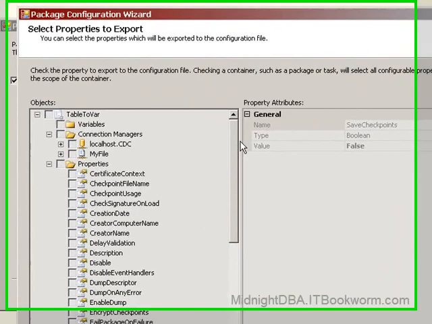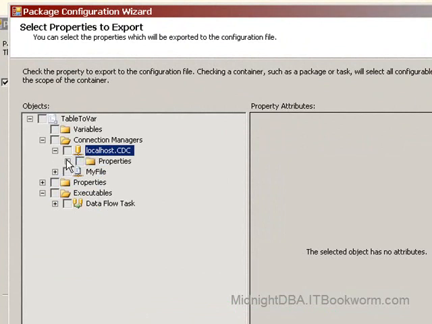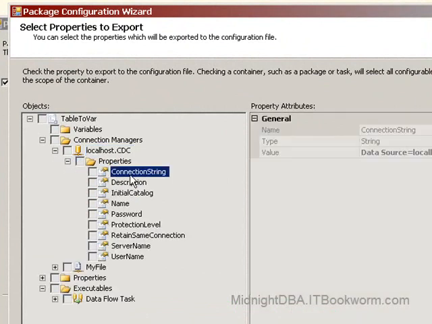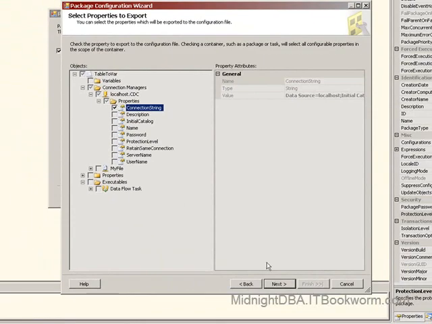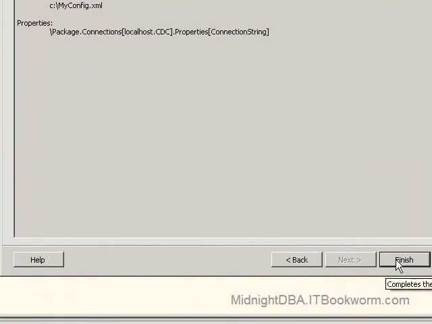You can set them for lots of things. So I'm going to go to the connection manager, and the connection string is what I want to choose. So I'll do the connection string, config1. You can name it because you can have several config files or several different configuration methods,